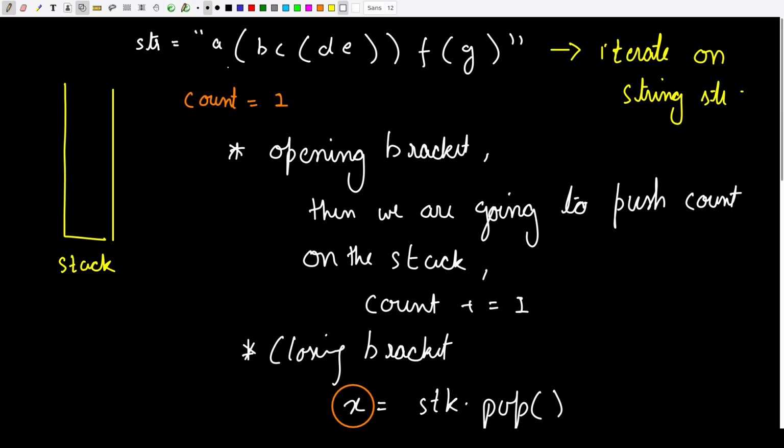So the first opening bracket we have encountered over here. For the rest of the cases where it is not an opening or a closing bracket, we are just going to skip those characters. Now at this position the value of count is 1, so we are going to insert 1 into our stack, and iterating forward, at this position we have encountered our second opening bracket, so again we are going to append